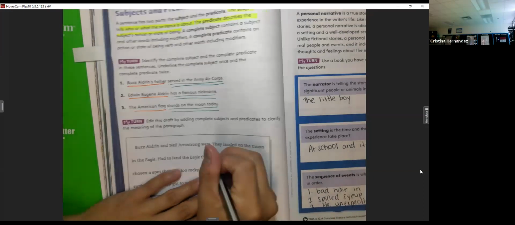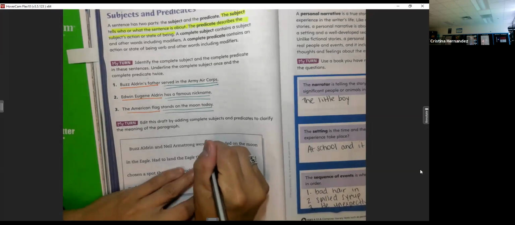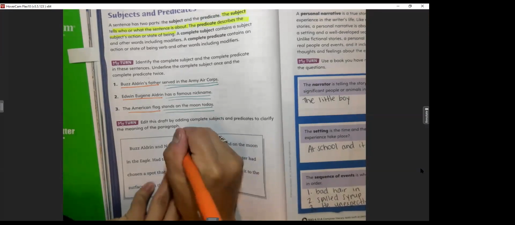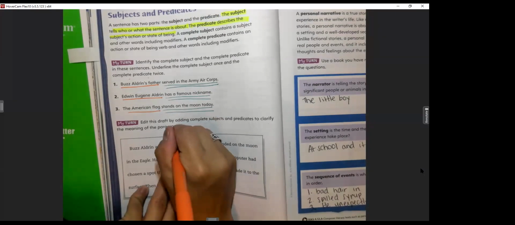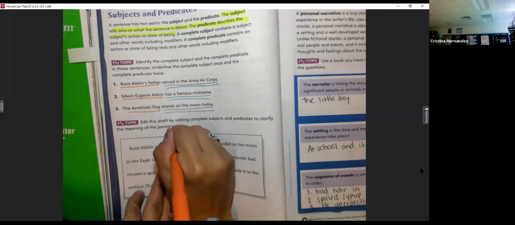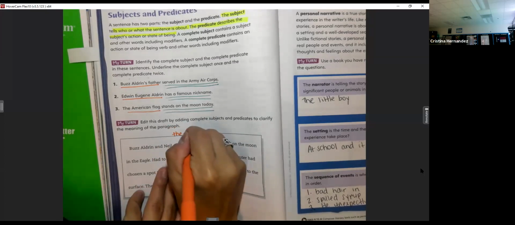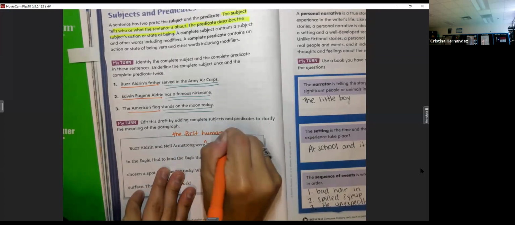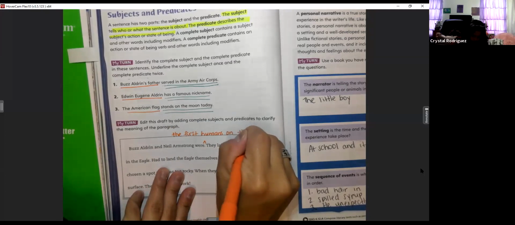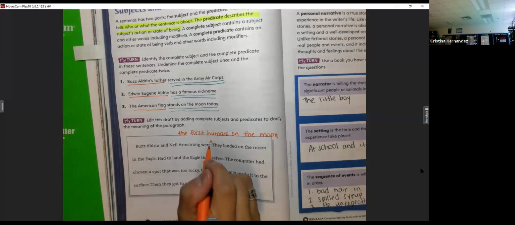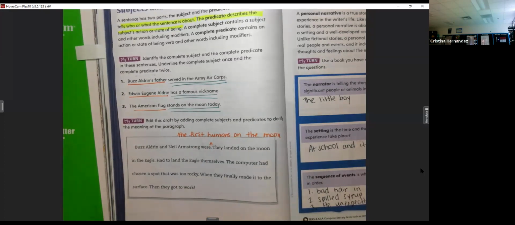They were the first people to do what? We're missing our predicate. What were they first in space to do? To land on the moon? Astronaut. You should put astronaut right there. Were the first humans on the moon. The first humans on the moon, yes. That's what you'd have to write there. So do the little arrow pointing up, and then that means you're going to plug something in there. The first humans on the moon.